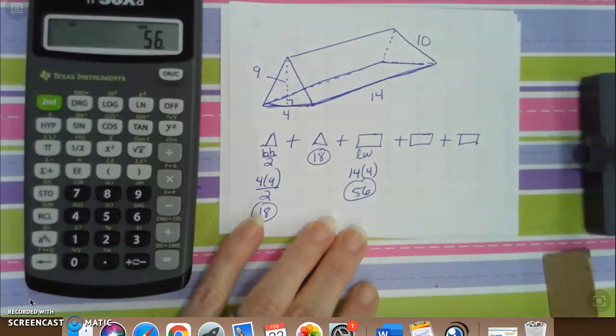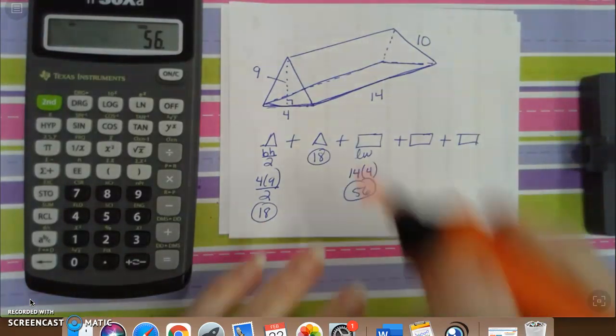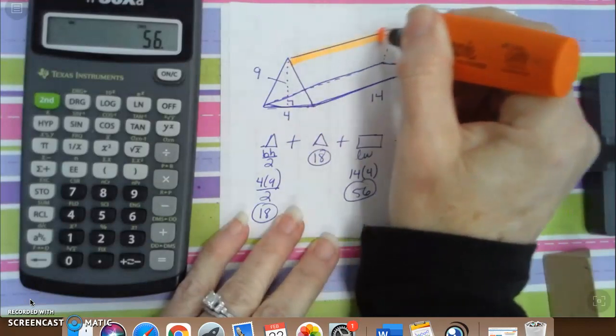Now I'm going to take this highlighter and I'm going to trace